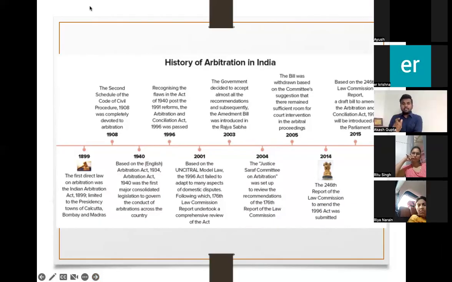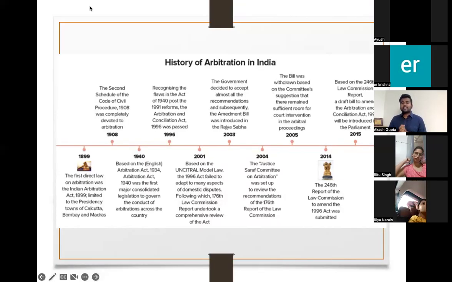So when I say that the seat is India, it's a domestic arbitration. When I say that the seat is non-Indian, outside India, that's foreign arbitration. The current Indian Act has 4 parts. The first one is domestic, which means if the seat is in India, that part applies. Part 2 is foreign arbitration, which is applicable only when the seat is outside India. But in 1940, there was no division. It was just domestic arbitration. Foreign arbitration was not taken into consideration.